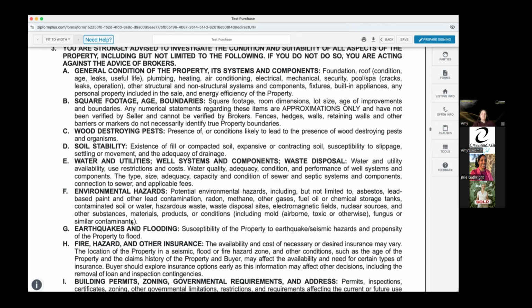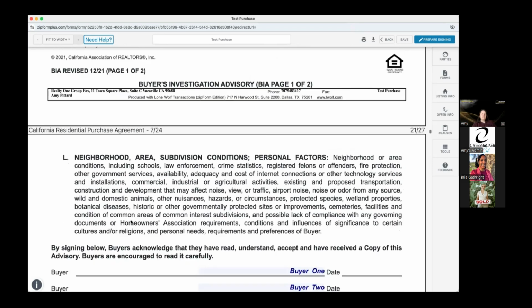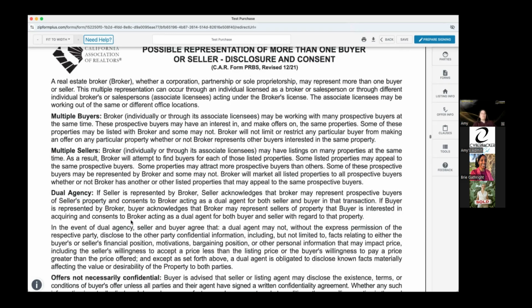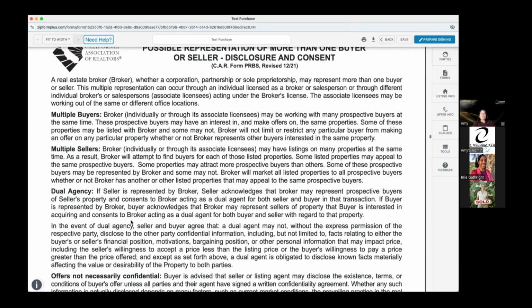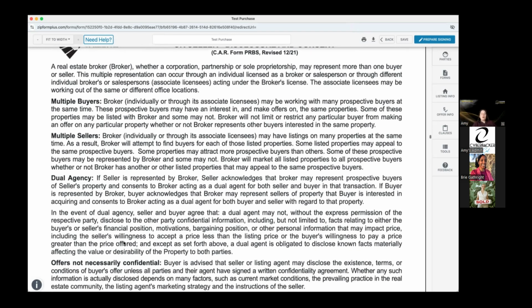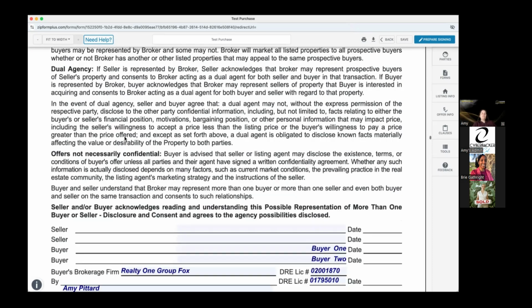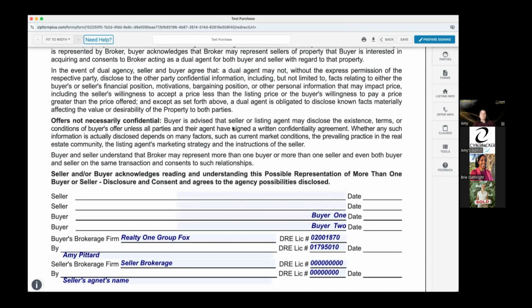different items. The next form is your possible representation of more than one buyer or seller, disclosure or consent. Just saying that, hey, at any time I might be working with multiple buyers or multiple sellers, that I'm not going to disclose the information of your offer to my other buyers. I'm not going to prevent somebody from writing an offer on the same house. I'm not going to not show a house because you're interested in it. And that offers aren't necessarily confidential, that the seller or listing agent may share the details of their offer with